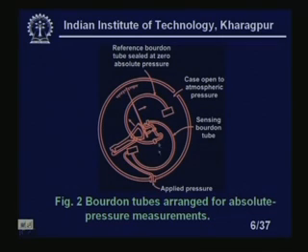So there is a free end, and this is a closed end, right. Now the fluid is going inside. In this particular case I will get absolute pressure, because the reference pressure will already be deducted. So it is not a gauge pressure, it is measuring the absolute pressure. This case should have a little opening, because with reference to the atmospheric pressure, this C tube will change its position, right. So this is another form of absolute measurement by the Bourdon tube.